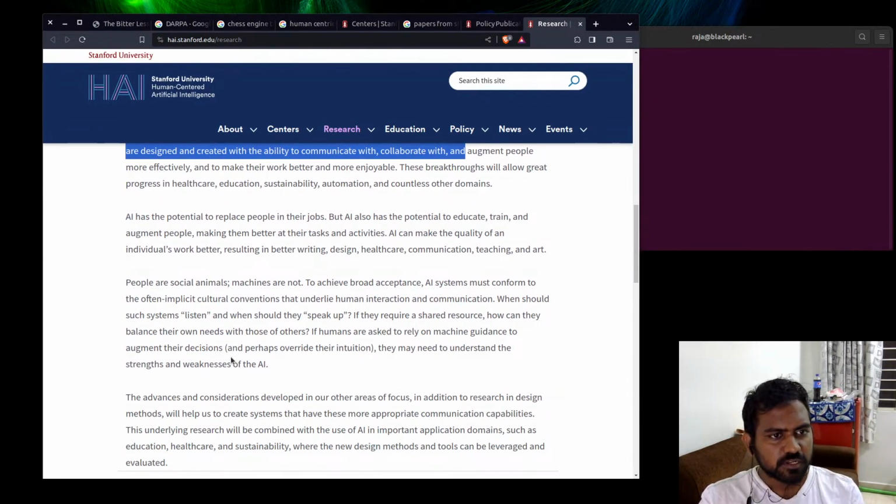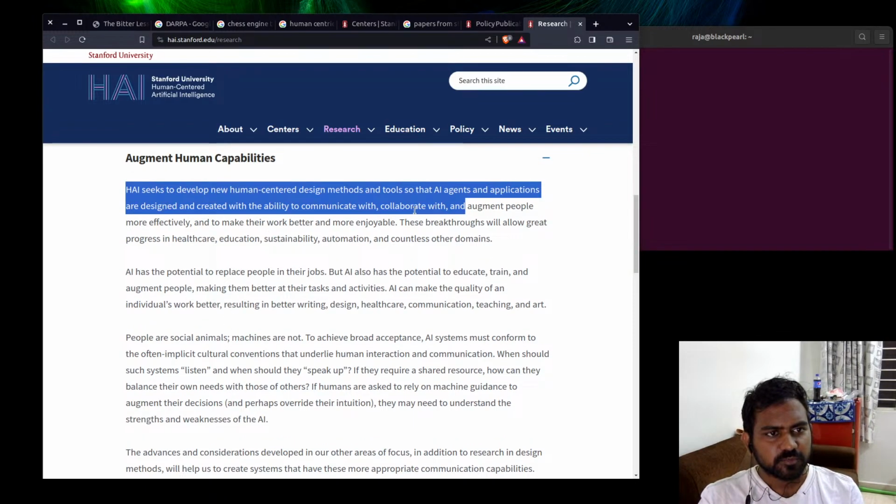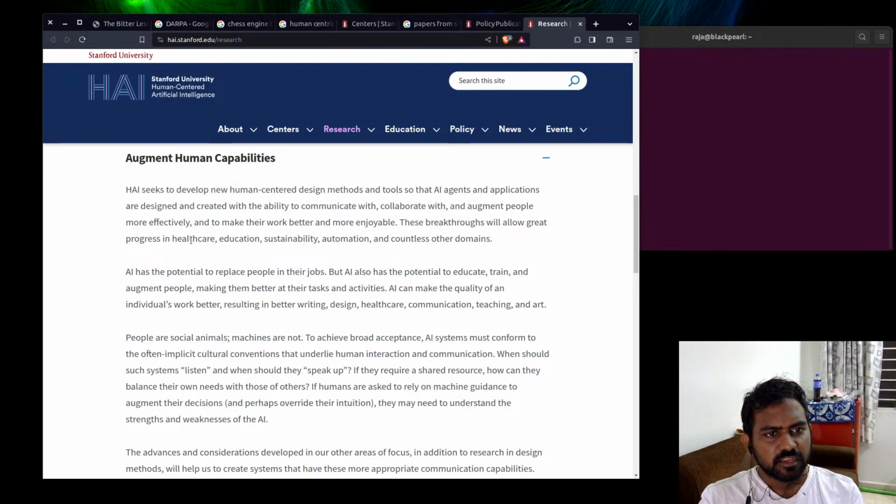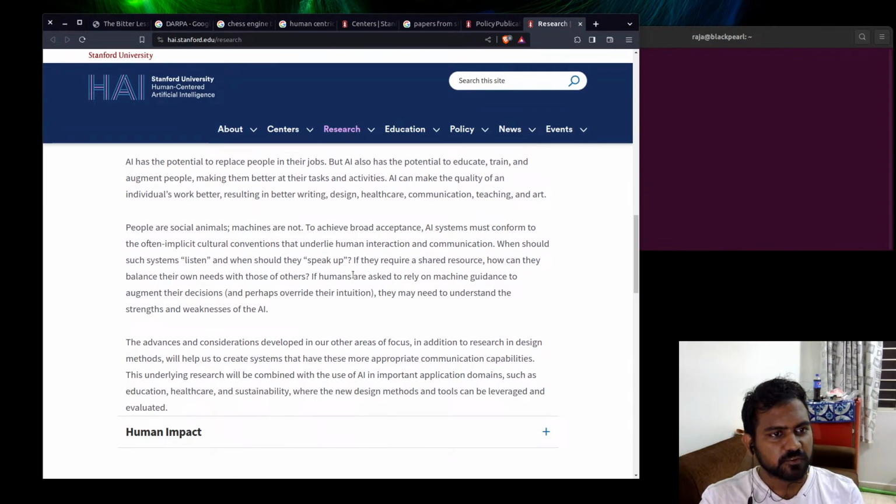Now, okay, what is the problem here? What are they saying? Augmented people are more efficient, and these breakthroughs will allow great progress in healthcare, education, blah blah blah. Okay, calm down. AI has the potential, la la la la la. Okay, tell me the content. People are social animals. Machines are not. To be widely accepted, AI systems must conform to our